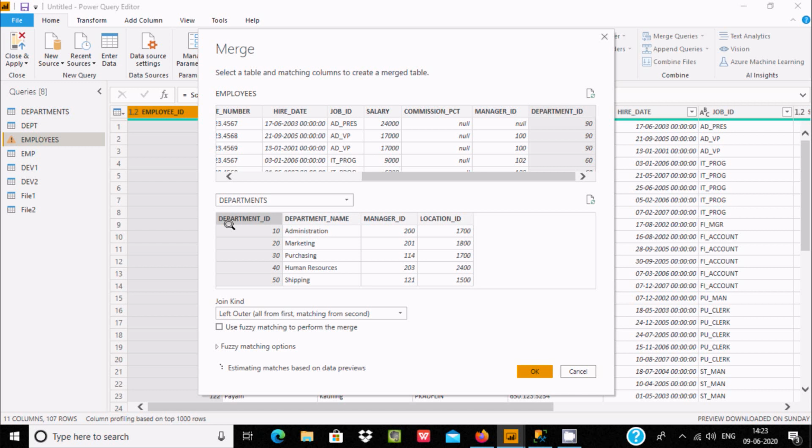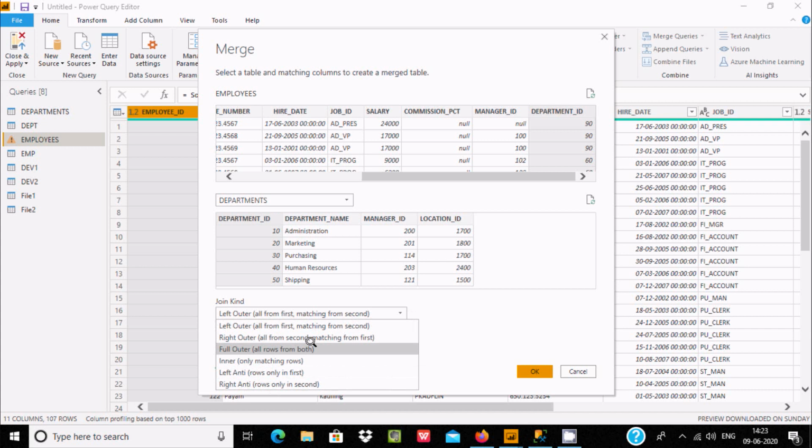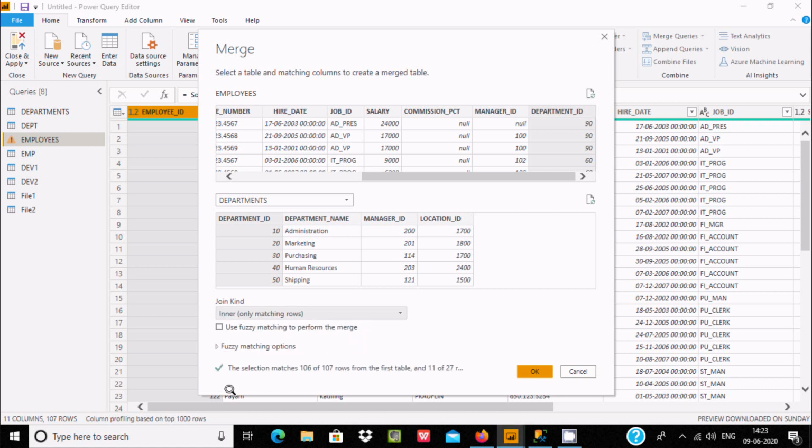Now if I click this, you can see the selection matched 107 of 107 rows from the first table. Here I can choose any kind of join kind: right, left, full, and inner. Let's see inner join.